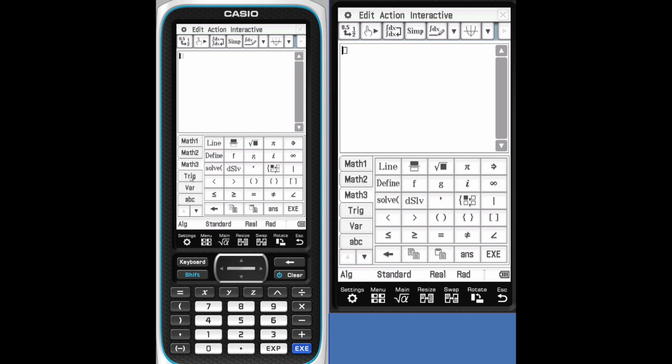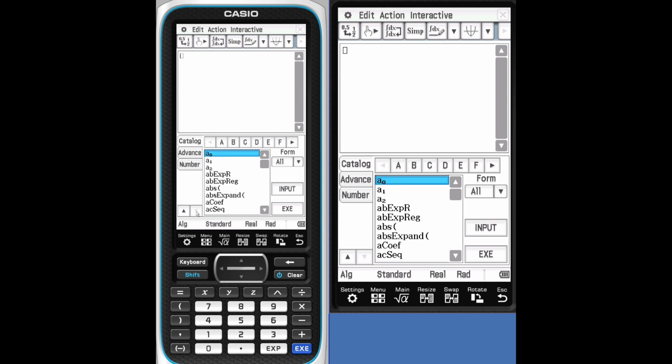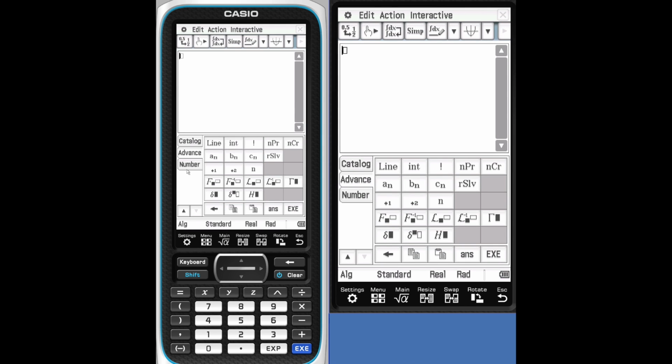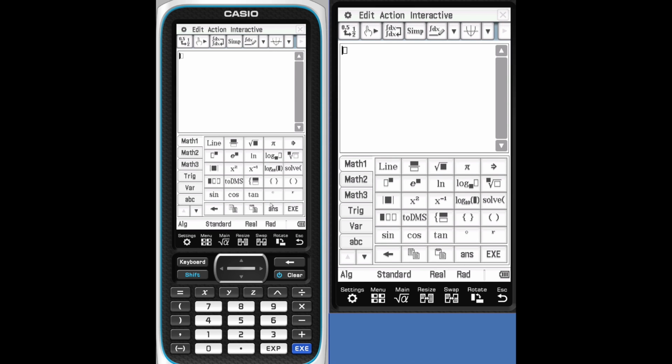These are all template based, so you simply have to fill out the template once you have it on the screen. Variables, ABC, back arrow, scroll down. We also have the catalog, which is alphabetically listed, advanced, numbers, upwards.